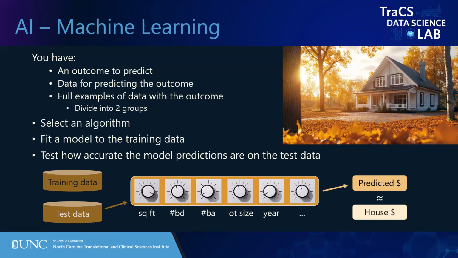So we want to make sure a model can generalize beyond just the training data that it was trained on. And the test data set allows us to check this. So that's why we held that data out initially. And then if all goes well, at this point, you have a model which can be used to estimate how much a house is worth before you decide what price you're going to list it at. So you would give the model your input features and it would output a predicted price for you.